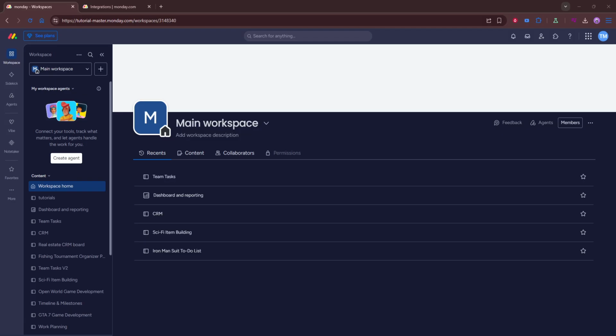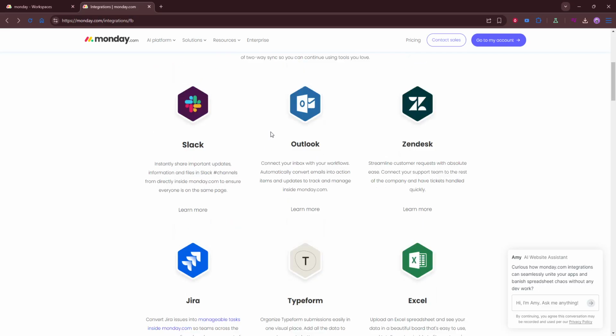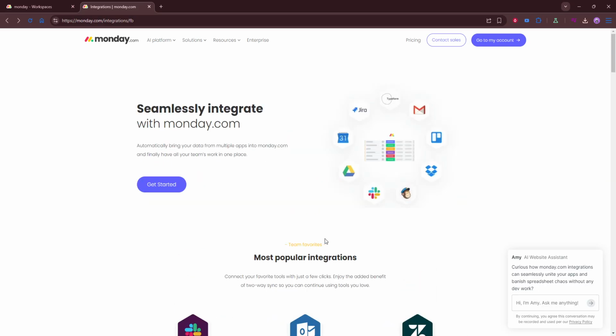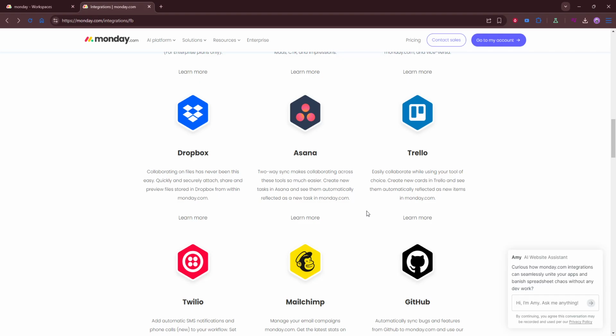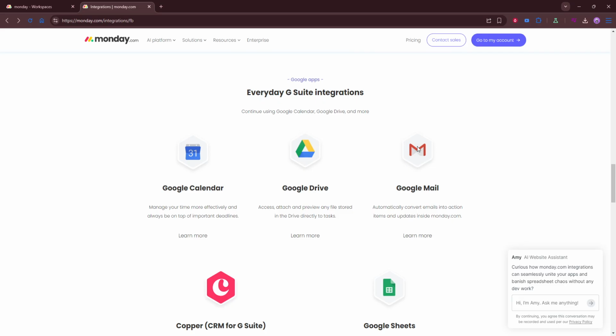After opening the integrations area, use the search bar to look for Gmail. This will help you quickly find the right app, especially if you have a lot of available integrations listed. When Gmail appears in the results, select the Gmail integration to open its setup options. At this point, Monday.com will usually show you different automation recipes or connection templates that define how Gmail and your